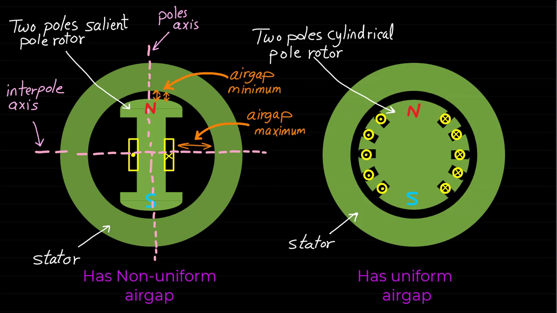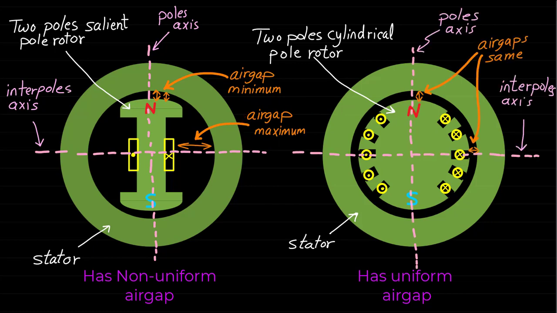As we can see, in case of the salient pole rotor machine, the air gap is minimum along the pole's axis, while the air gap along the interpole axis is maximum. However, in case of the cylindrical pole rotor machine, the air gaps along the pole axis and the interpole axis